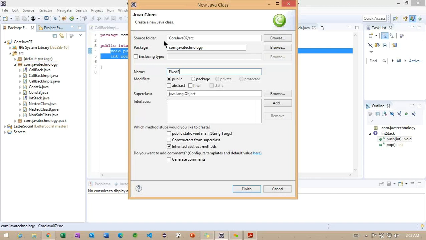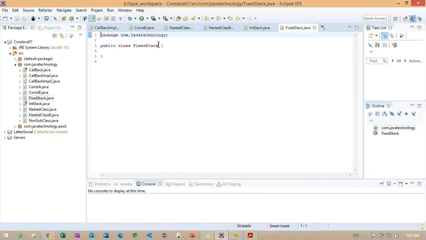What is the name of the class we are going to work with here? I'm creating FixedStack here. This FixedStack is going to work with IntStack.